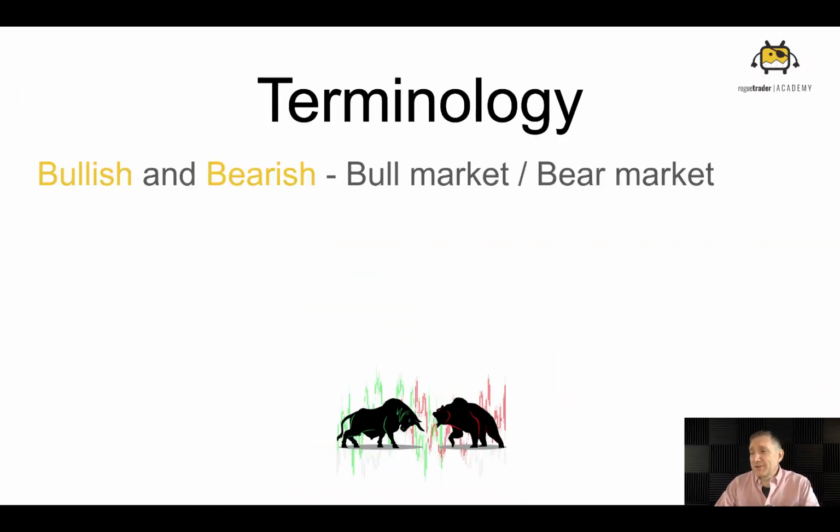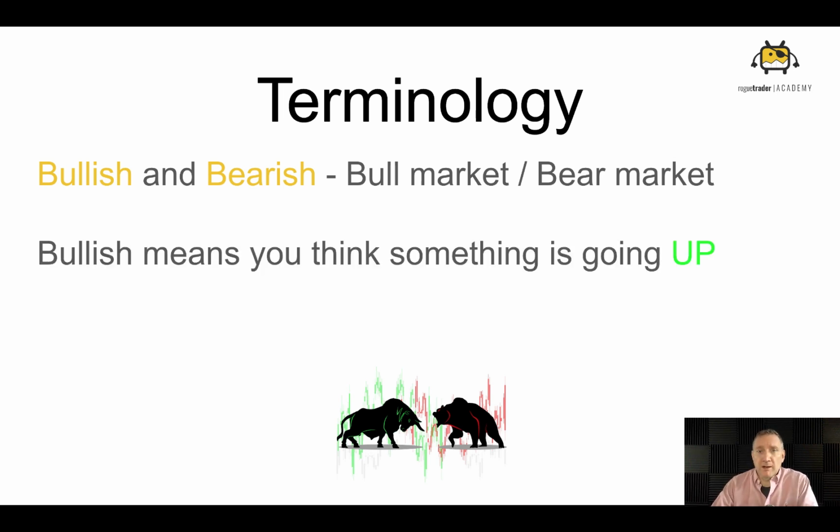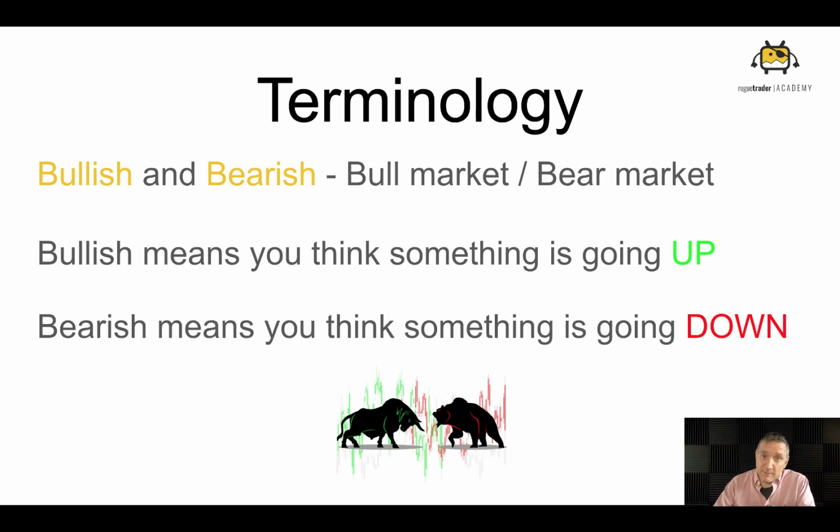Now, I don't want to insult anyone's intelligence here, but there are people who don't know what bullish and bearish means or what a bull market or a bear market is. And okay, fair enough. You didn't do anything with the financial markets. I understand. But very simply, bullish is when you think something's going up, whether it's the entire market, whether you're bullish on the price of gold, whether you're bullish on anything, Bitcoin, it doesn't matter. You just think it's going up. And conversely, as you can imagine, if you're bearish, you think things are going down.